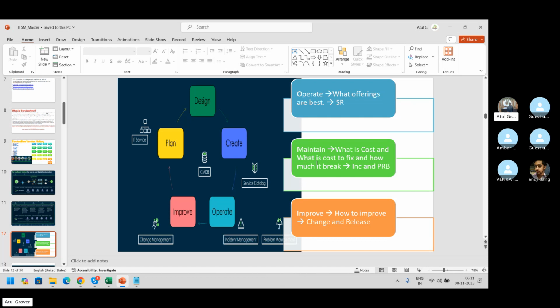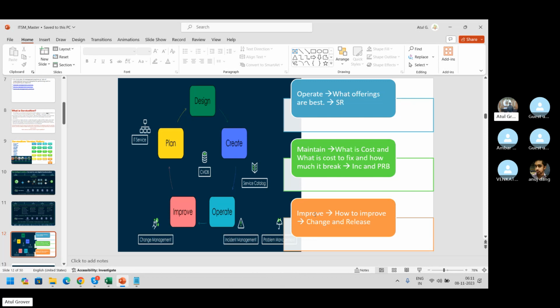Now improve. What changes should I bring? How do I improve my offerings? Or how do I bring the offerings to the market? We use change and release management. iPhone is releasing iPhone 15.